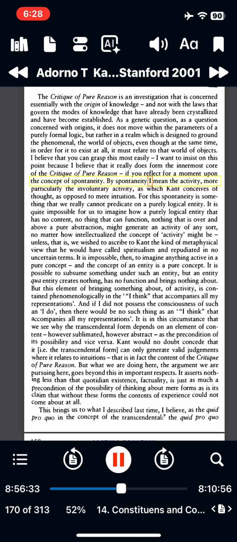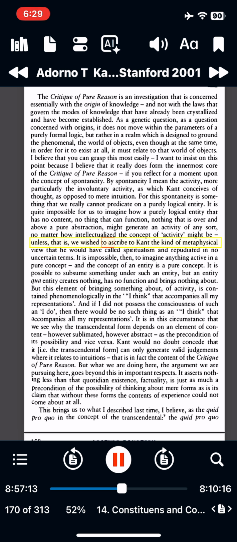By spontaneity I mean the activity, more particularly the involuntary activity, as which Kant conceives of thought, as opposed to mere intuition. For this spontaneity is something that we really cannot predicate on a purely logical entity. It is quite impossible for us to imagine how a purely logical entity that has no content, nothing that can function, nothing that is over and above a pure abstraction, might generate an activity of any sort, no matter how intellectualized the concept of activity might be, unless, that